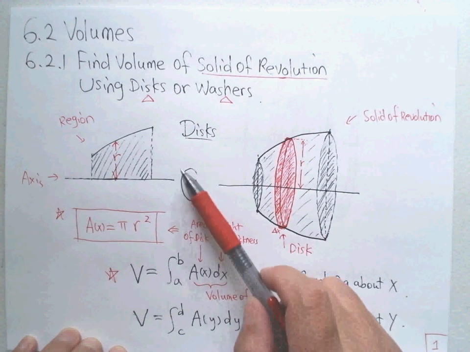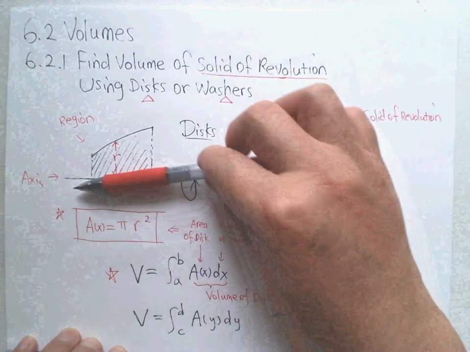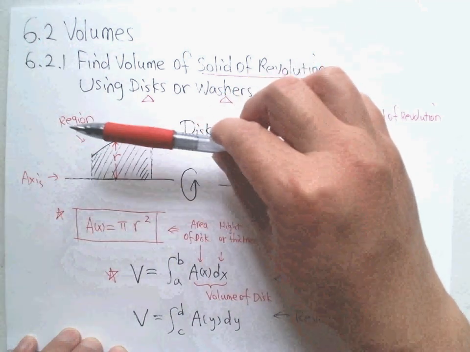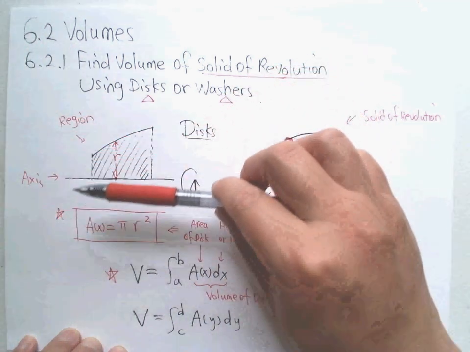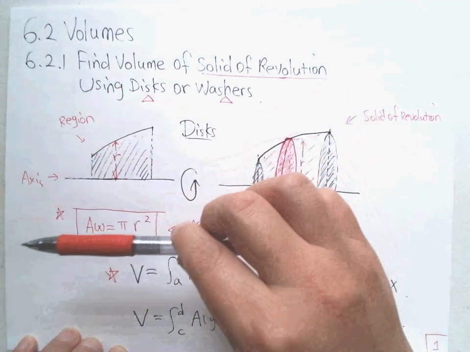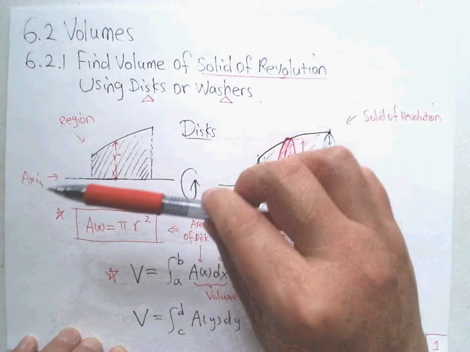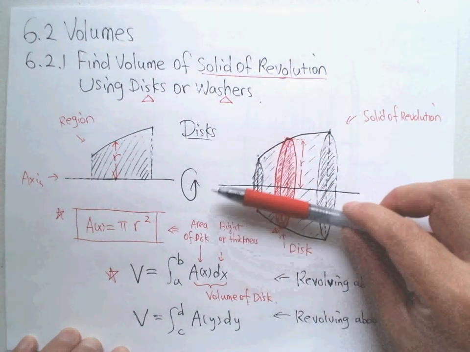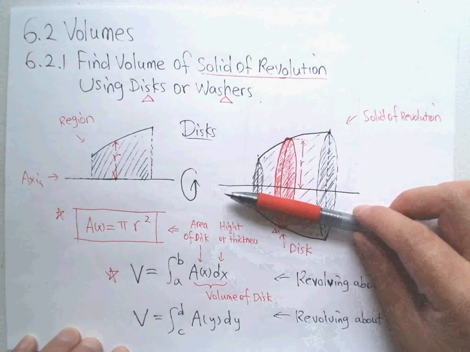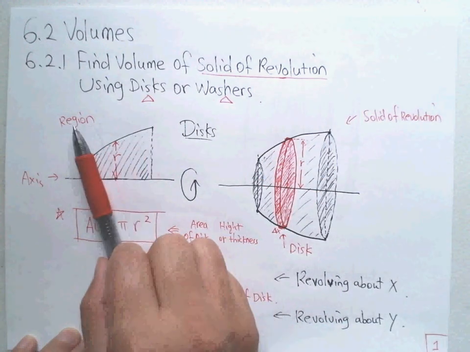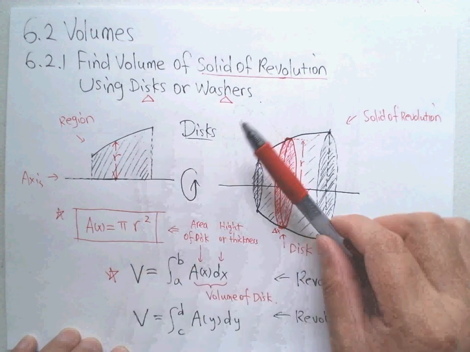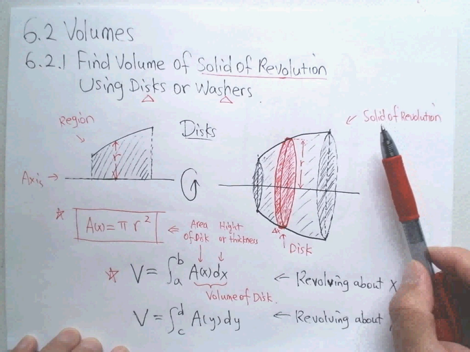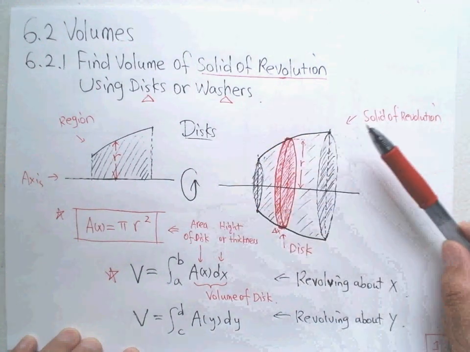So you can imagine, if you have this region and then you rotate it, see what kind of thing you can find. It's kind of this, right? We call it a solid. This is a solid thing you can find this time. It's not just a shape in two-dimensional space. Now you find something in three-dimensional space, right? And this time, this is the whole solid. We call it the solid of revolution because it's revolved around